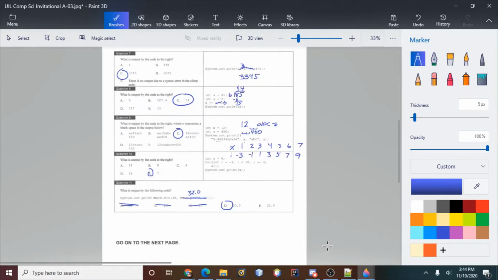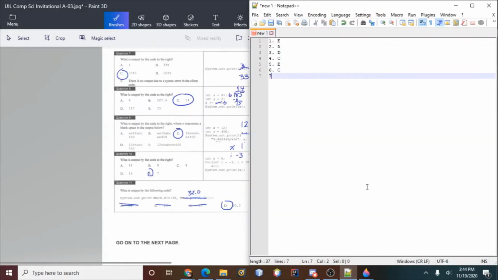Now I'm gonna go and fill out my questions. Usually on test day there will be an answer key, or not answer key, goodness, that'd be very funny if they gave you the answer key, but they'll have to give you an answer sheet and you have to pretty much write it down like this, but it's in neat little rows. So 7C, 8C, 9C, 10E, 11D. Alright,